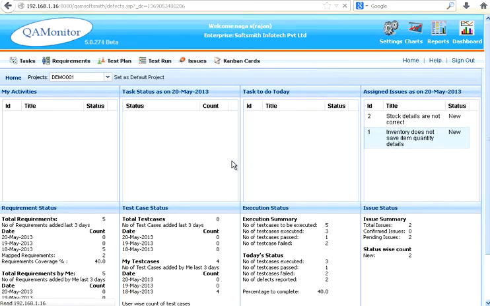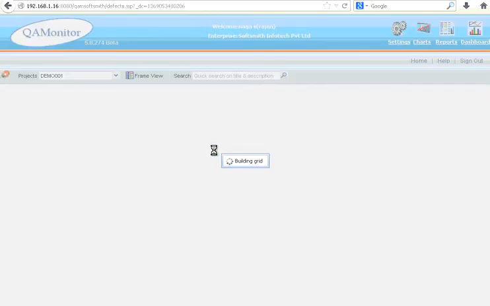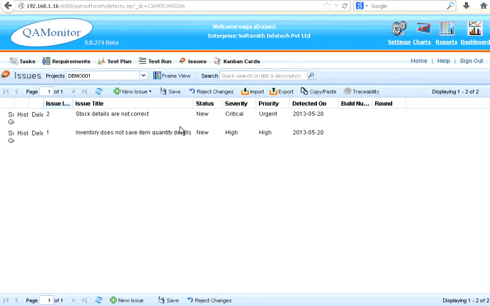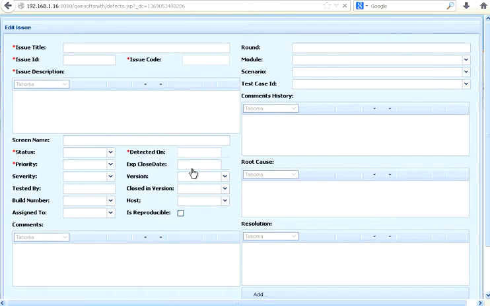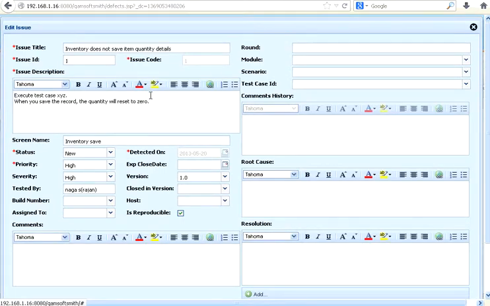So we get into that issues grid. Under the issues grid we could see all the bugs displayed in a spreadsheet like fashion. For example, this is the bug that has been added recently. Right now this is a new status. I want to change it to open status. So for that I need to edit that.